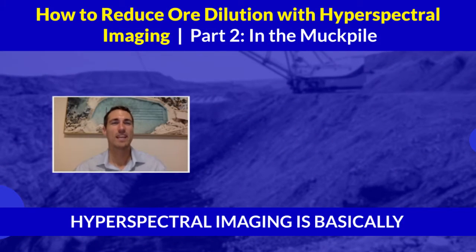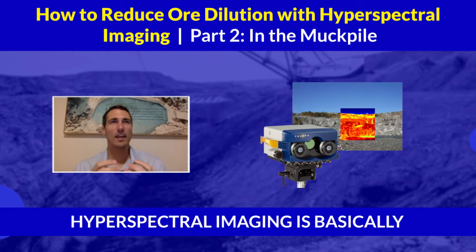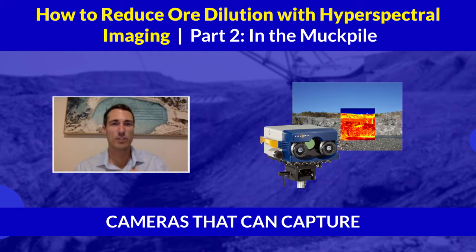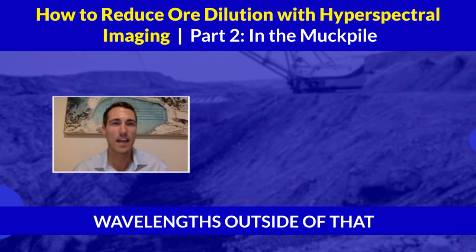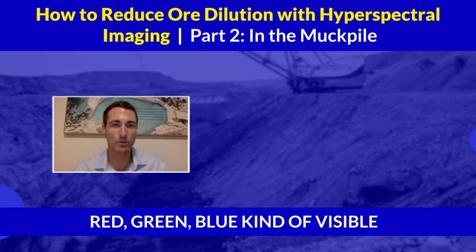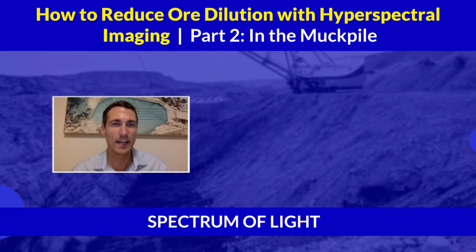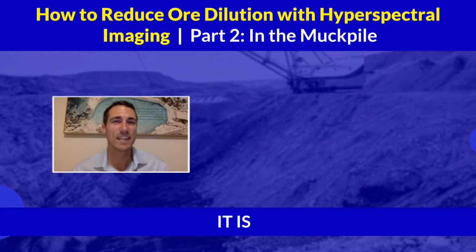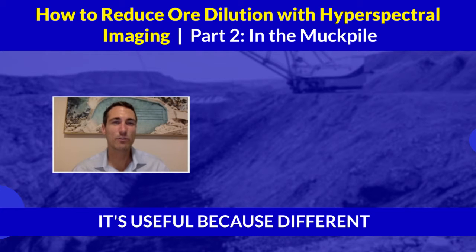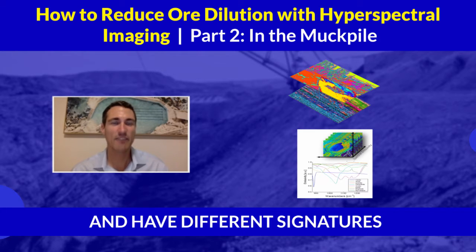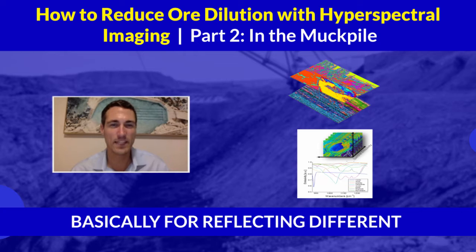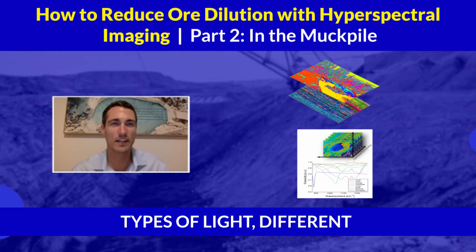Hyperspectral imaging is basically cameras that can capture wavelengths outside of that red, green, blue kind of visible spectrum of light. It's useful because different minerals have different signatures for reflecting different types of light, different